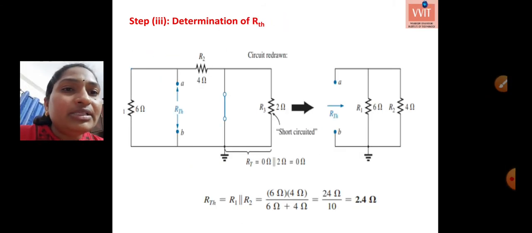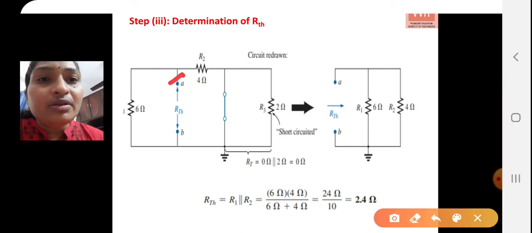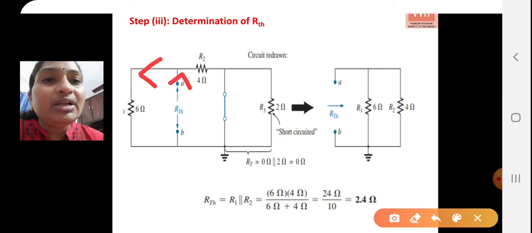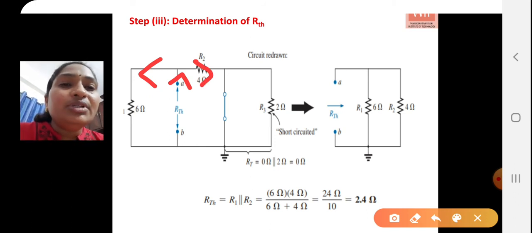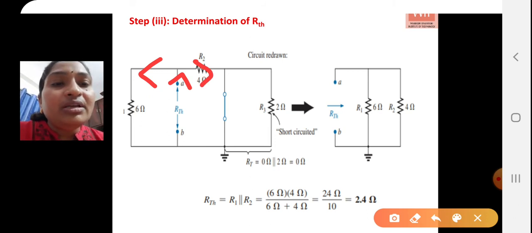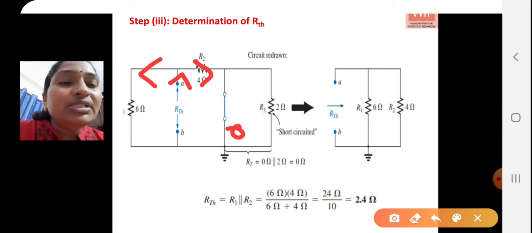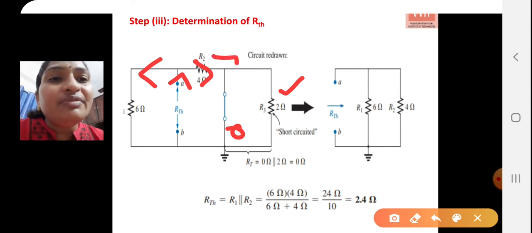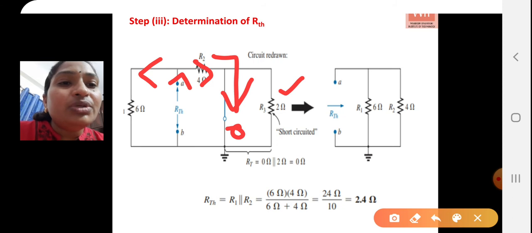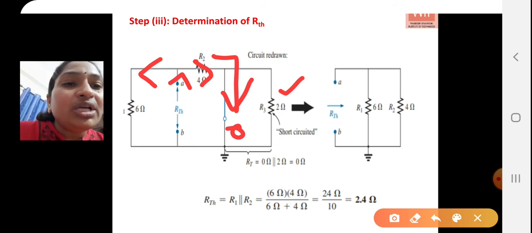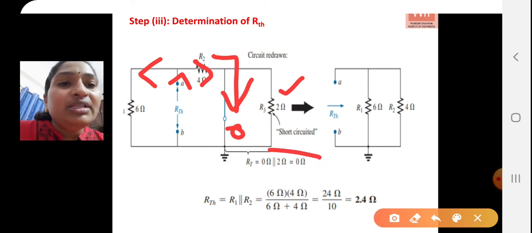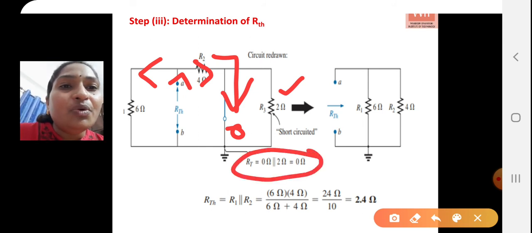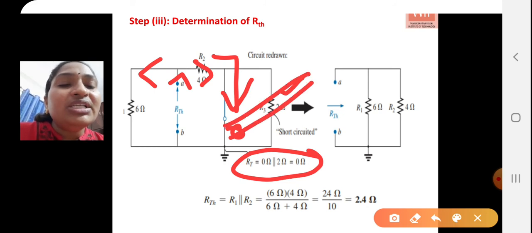be flowing like this, and after that it will be resolved into these two branches. The short circuit has zero resistance, and current will always take the zero resistance path, meaning the total current will flow through this branch only, because 0 ohms and 2 ohms both are connected in parallel, and the equivalent resistance will be 0 ohms. So hence this branch is neglected.